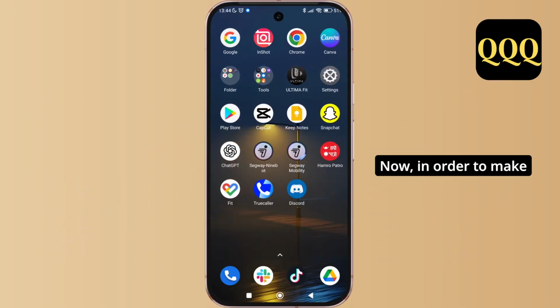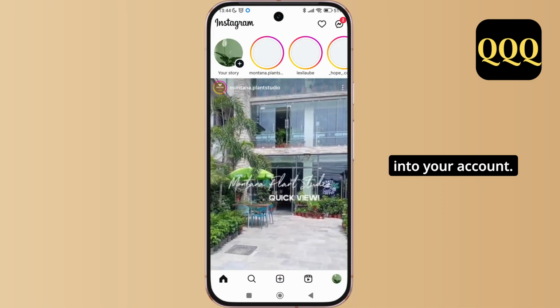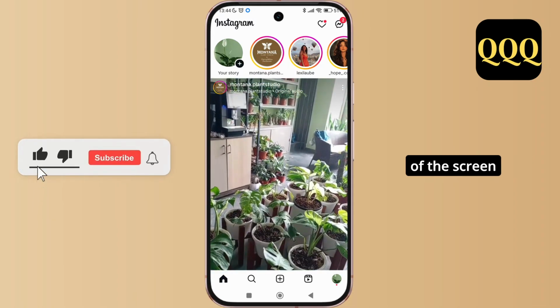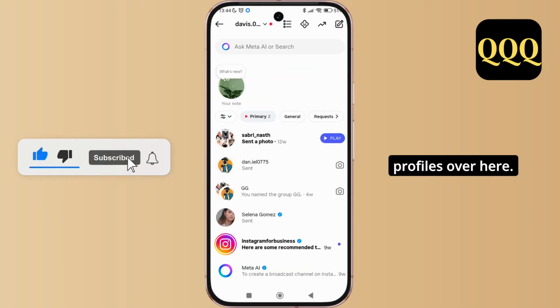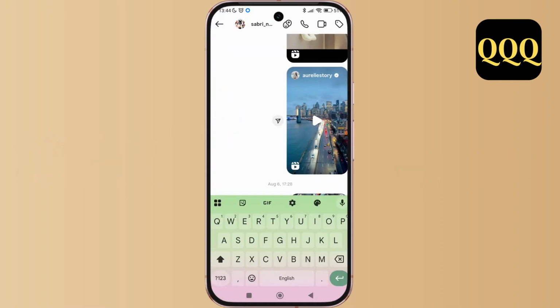Now in order to make Instagram sticker, what you can simply do is tap on the Instagram application on your device and make sure that you're logged into your account. As you're logged into your account, tap on the DM section at the top right corner of the screen and select any of the profiles over here. Now what you need to do is simply tap on your message inbox over here and you can see the